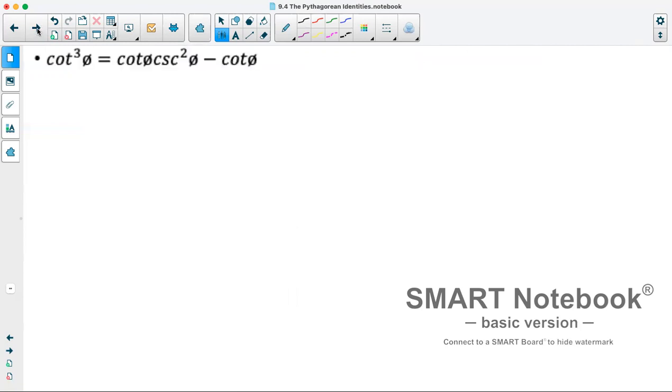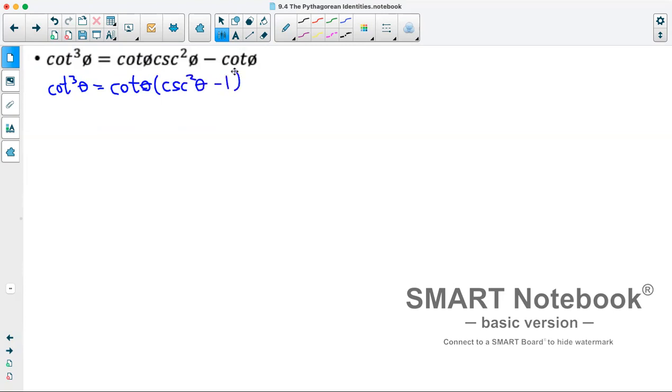Next, we have cotangent cubed theta equals cotangent theta cosecant squared theta minus cotangent theta. Obviously in this case, it seems like the right side of our equation is more complex, so I will start with it. So I've got cotangent cubed theta equals, what we'll notice is both these terms have cotangent in it, so we can factor that out. So we've got cotangent theta times cosecant squared theta